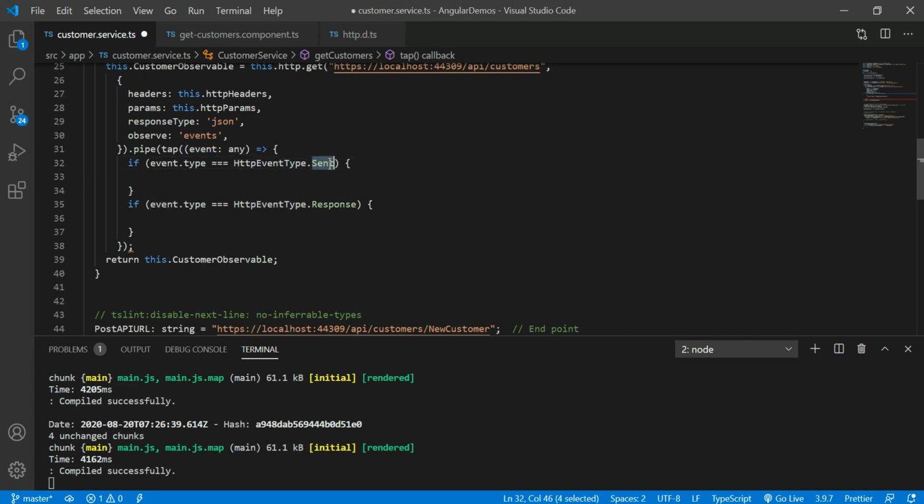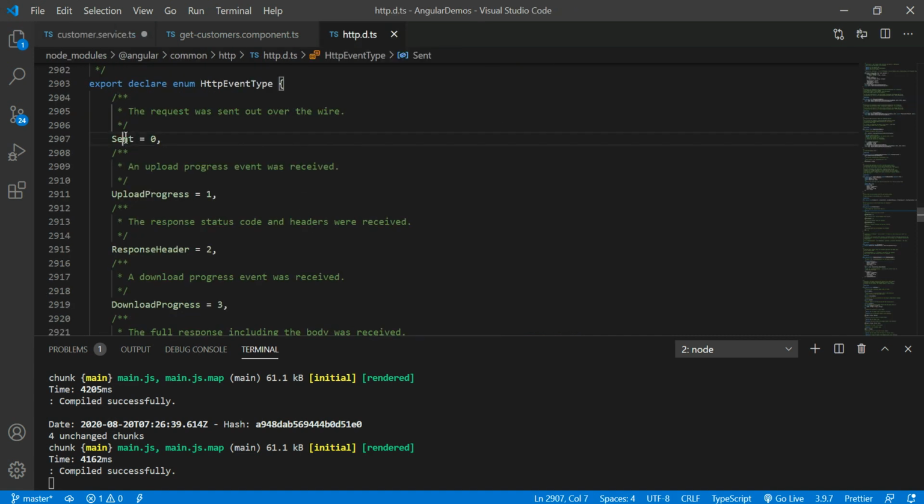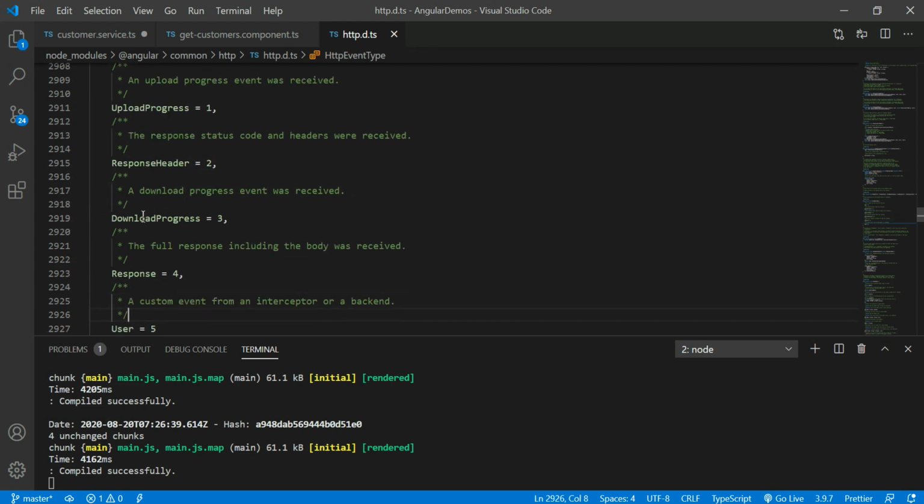Like now I have shown you, type is equal to 0 and type is equal to 4. That kind of event type here indicates 0, and HttpEventType also indicates 0 here. See, Sent is 0, UploadProgress is 1, ResponseHeader is 2, DownloadProgress is 3, Response is 4. I am concentrating on Response and Sent.